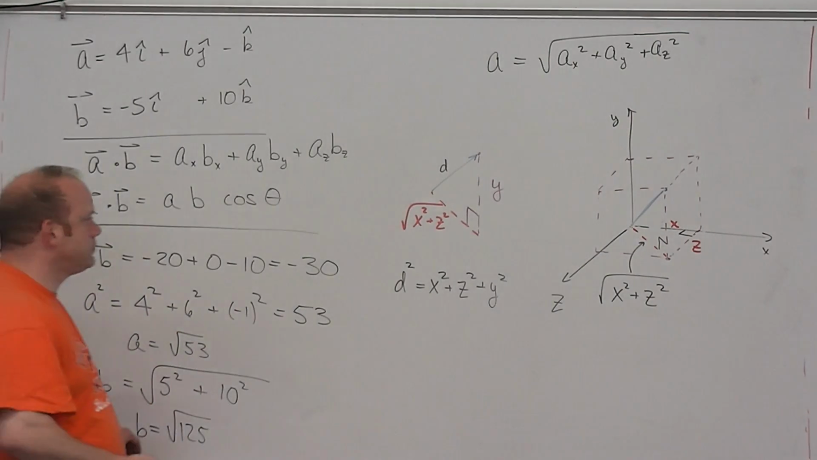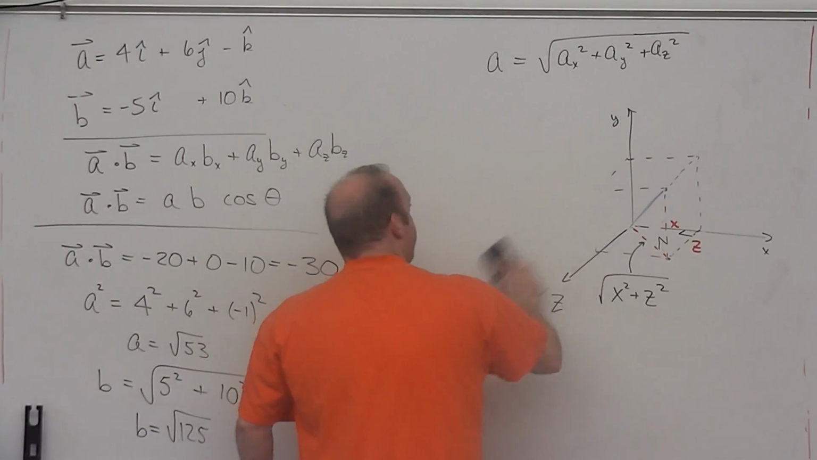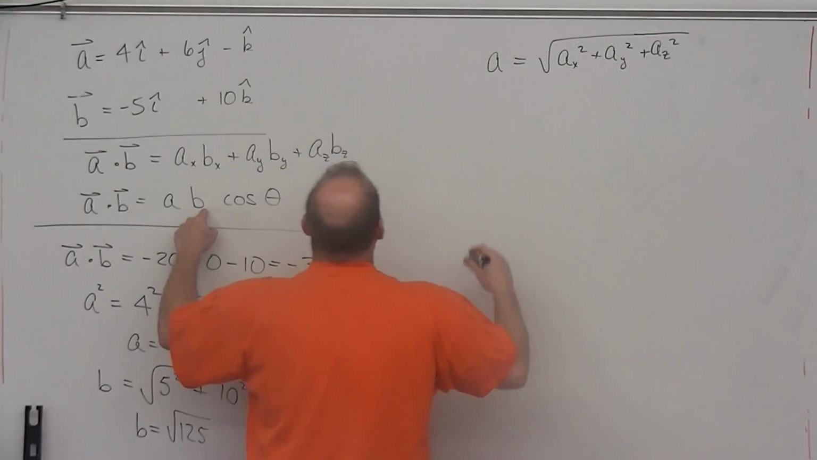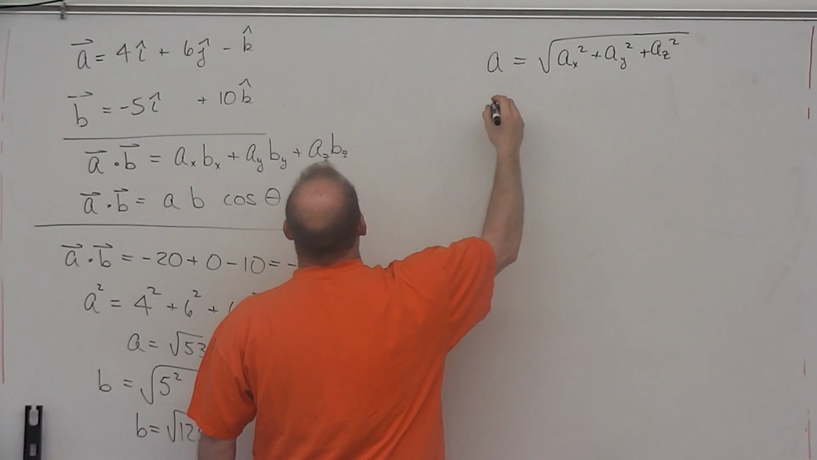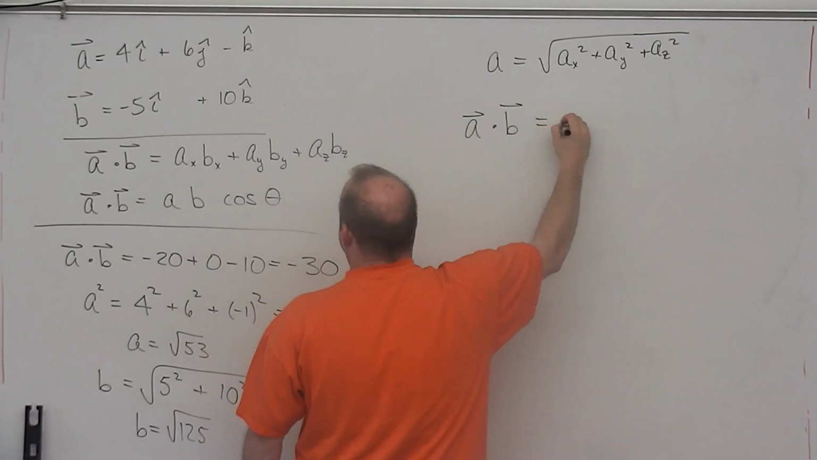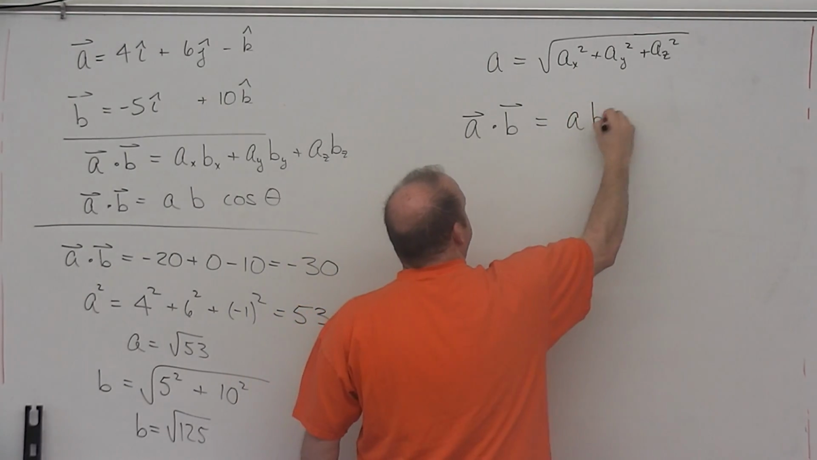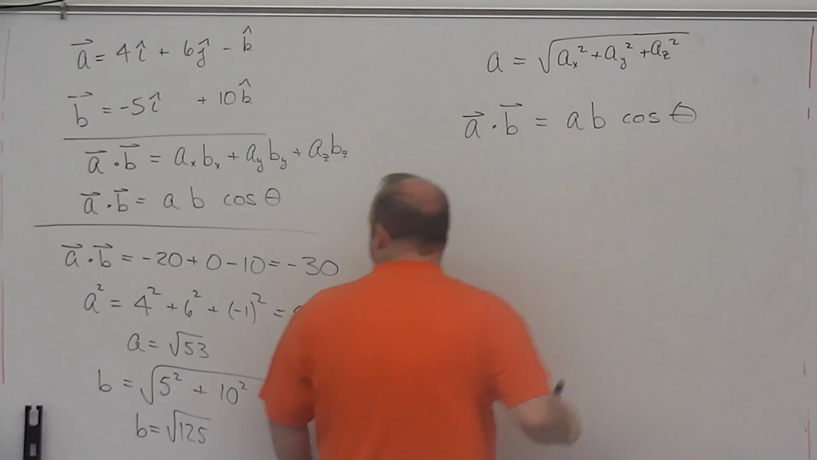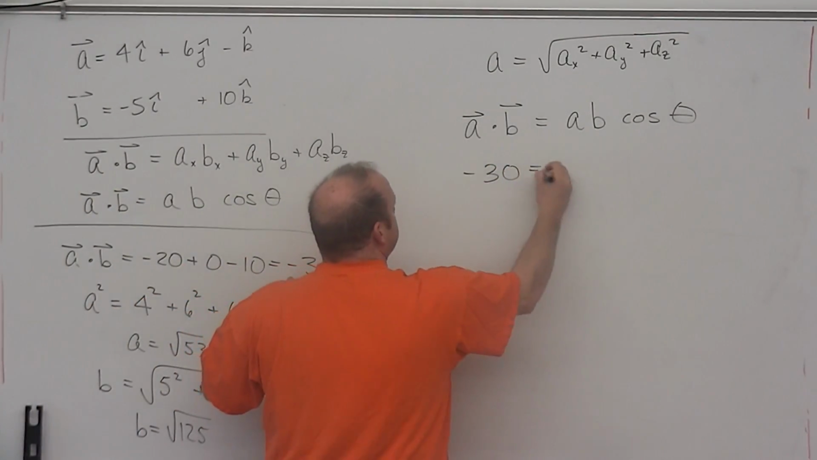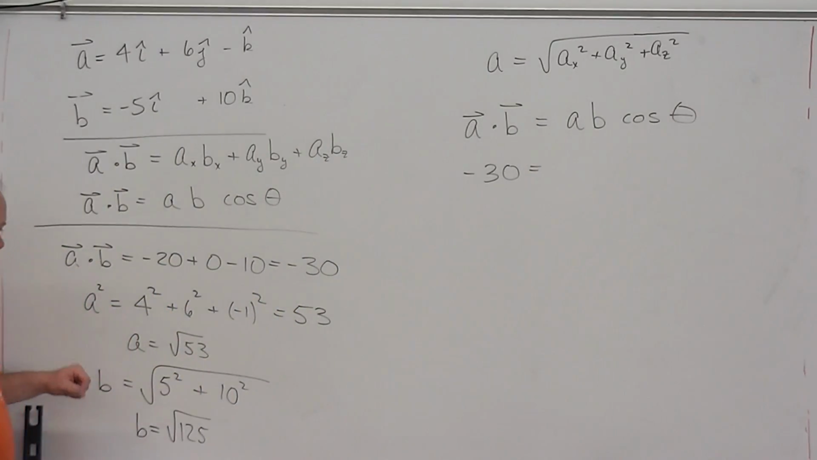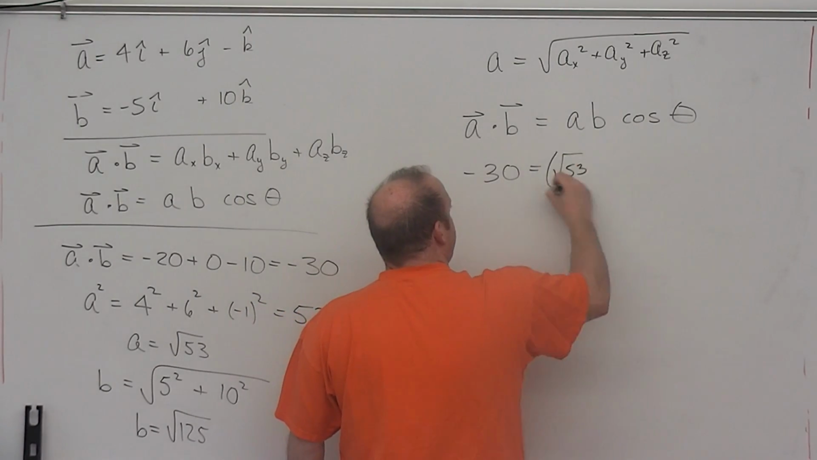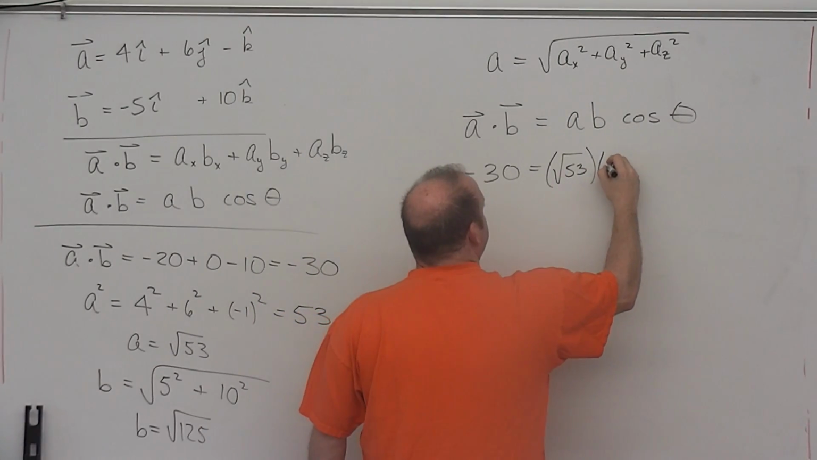So now, doing this, I can say that A dot B is equal to A, B cosine theta. I know what A dot B is. A dot B is negative 30. A is the square root of 53. B is the square root of 125